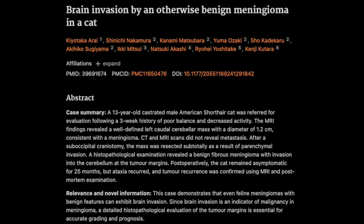So we've seen how this case went from a typical meningioma to this whole crazy situation. What can we learn from this? How does this change how we think about meningiomas in cats? Well, it definitely challenges the way we traditionally think about these tumors. We tend to think, okay, meningioma, benign, not a big deal. But this case shows that there's a lot more to it. Even if it's benign, it can still act weird. Exactly. And that brain invasion,